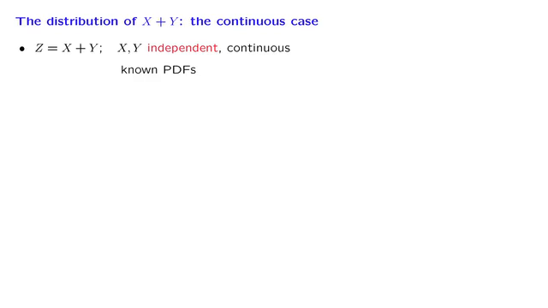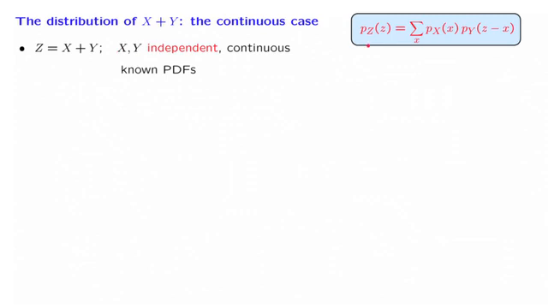We now develop a methodology for finding the PDF of the sum of two independent random variables when these random variables are continuous with known PDFs. So in that case, Z will also be continuous and so we'll have a PDF. The development is quite analogous to the one for the discrete case, and in the discrete case we obtained this